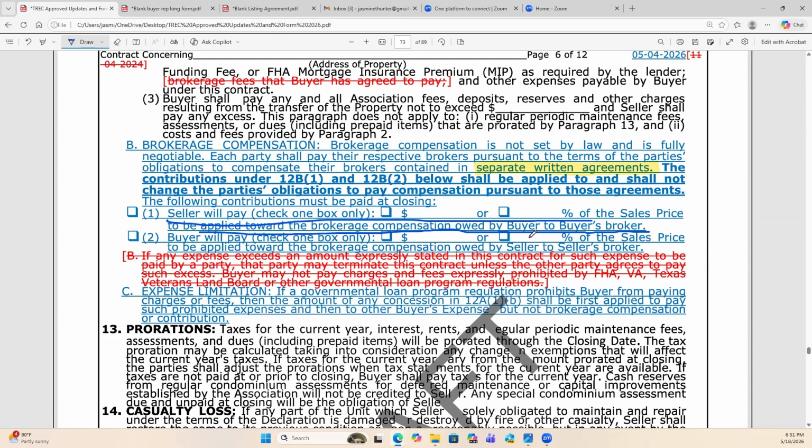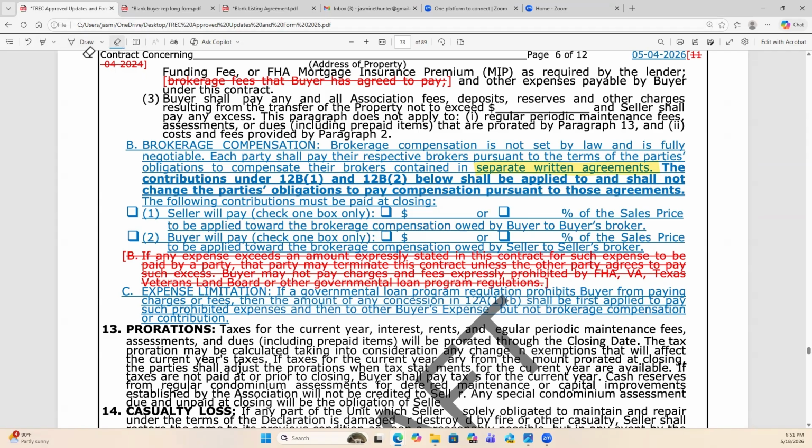But this is where the problem is, that now it's so black and white and clear as day in the contract. If your clients are doing what you should be advising that they do, which is read the contract I'm having you sign for your offer, if they actually read this, where it's going to scare everybody is right here, where it specifically says that the buyer will pay some type of amount towards broker compensation owed to the seller's broker. Wait a minute. So buyers can pay their brokers all of a sudden.